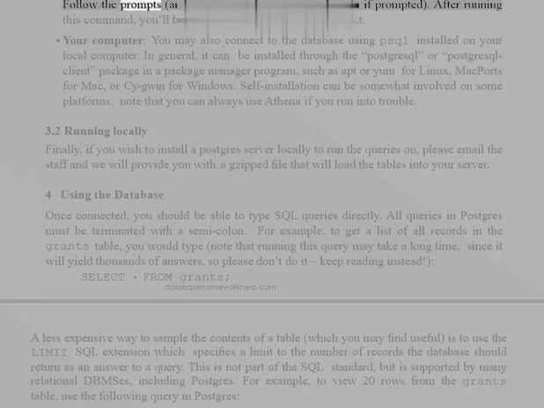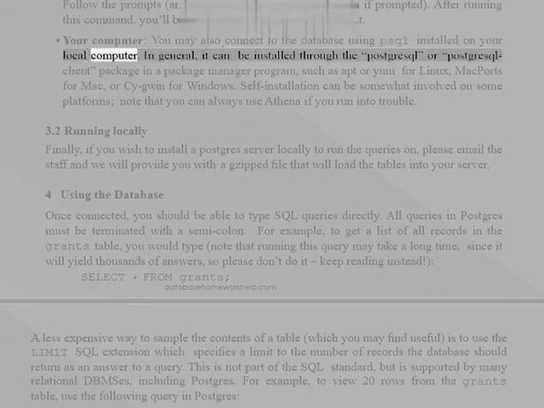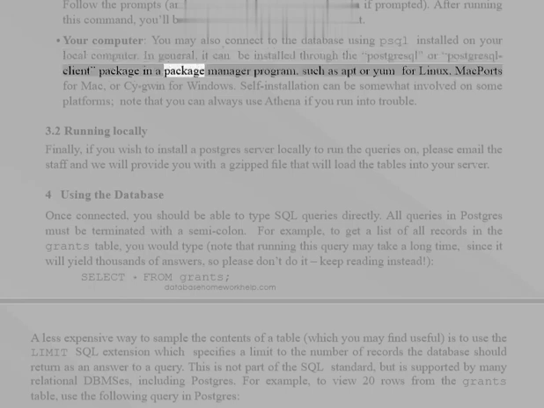Follow the prompts, and type your Athena password again if prompted. After running this command, you'll be able to use psql until you log out. On your own computer, you may also connect to the database using psql installed on your local computer. In general, it can be installed through the PostgreSQL or PostgreSQL client package in a package manager program, such as apt or yum for Linux, MacPorts for